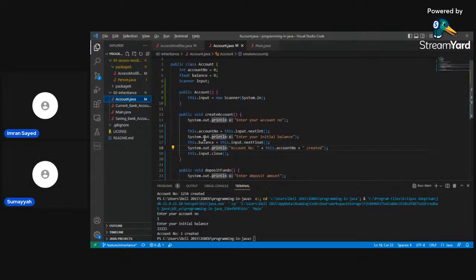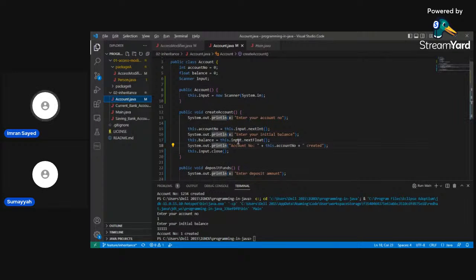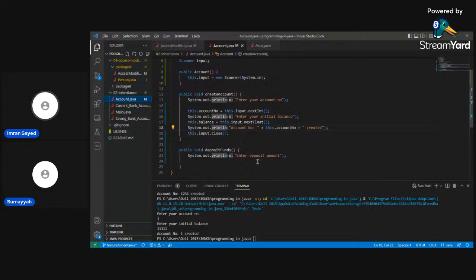Okay, now take the deposit amount from the user. So this dot balance equals this dot balance plus whatever amount he enters. I think you can also do plus equal to, that will also work.